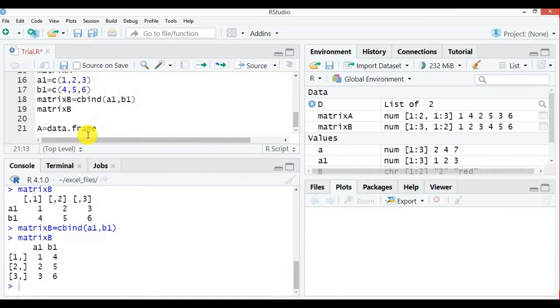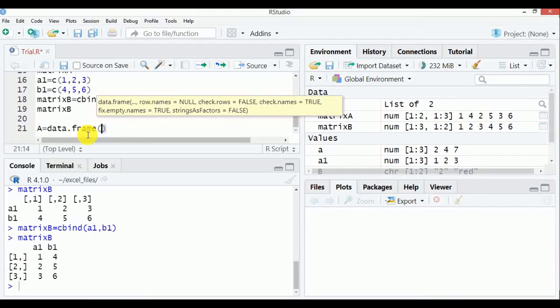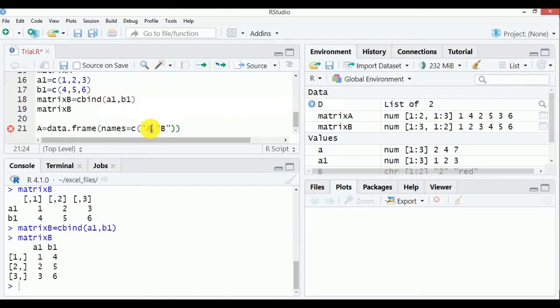Remember, this dot is very important and all are in lowercase. data.frame in brackets, I want names. So I will give names is equal to, in again c, I am giving in quotes A, comma in quotes say B is my second name, and then I want again c.